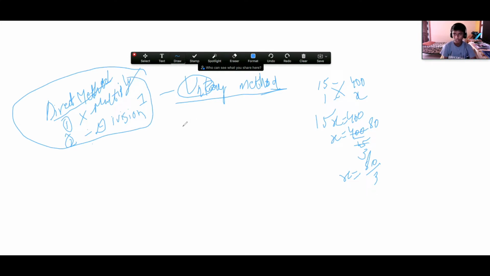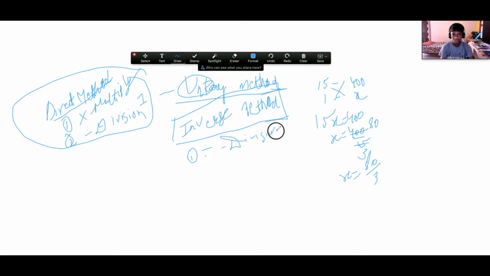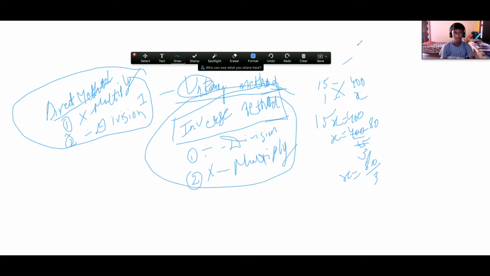And another one is the inverse method. I'll explain that one also, friends. This will come under men and time and work. For example, if one man can do a piece of work in 3 days, how many men can do the work in 2 days? They'll ask questions like that. This is called the inverse method, friends. For that, first we should do division, and second we should do multiplication. If you follow these two methods, we can successfully complete the chapter unitary method. So this is the introduction, friends.